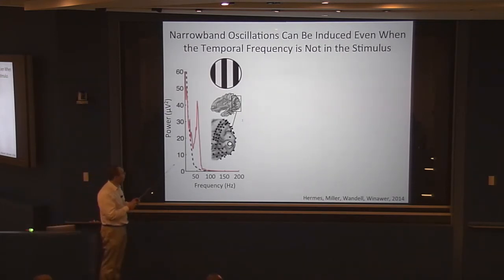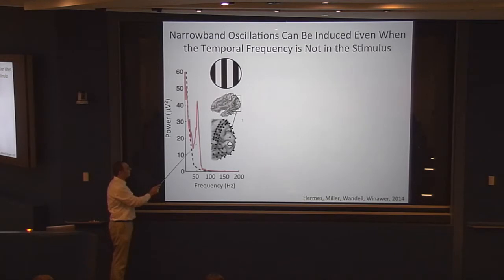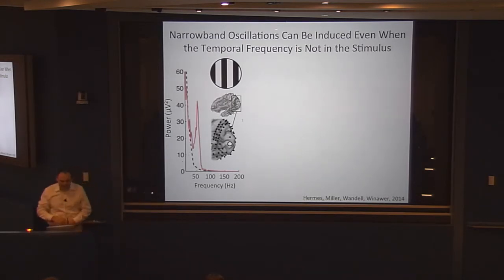And in fact, we saw an example kind of like this. This is again an example from visual cortex, because that's what I do. This is the back of the brain. This is primary visual cortex. This is the spectrum when there's no stimulus, and this is the spectrum in the presence of a stimulus. And you see this narrow band spectral power increase around 50 hertz in the gamma band,